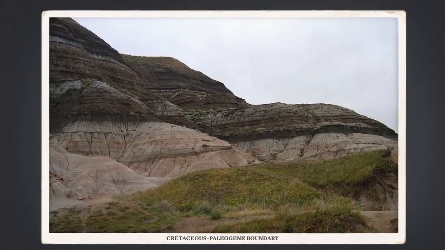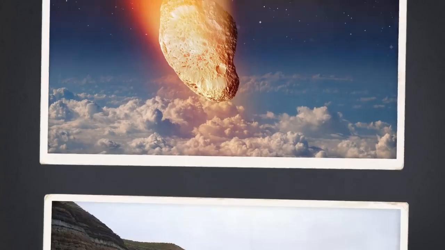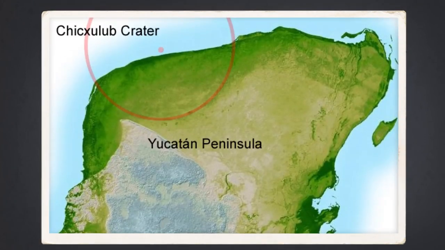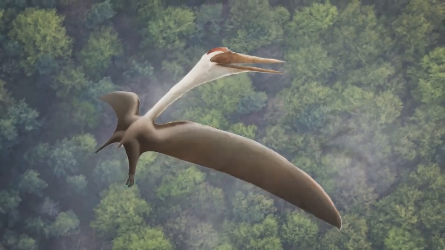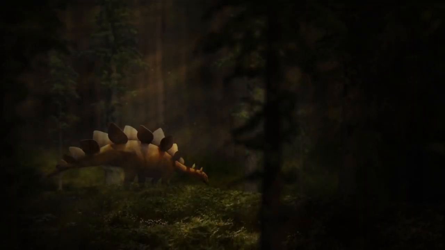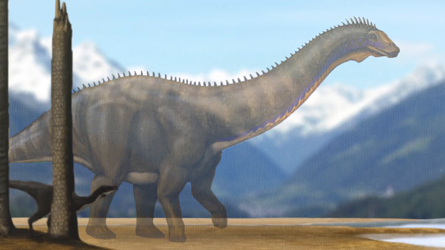Evidence of this impact can be found in a layer of iridium in rocks dating to the end of the Mesozoic. Iridium is an element that's rare on Earth, but very common in asteroids and comets. And a giant impact crater in the Gulf of Mexico, whose age matches the date of this extinction, has become the smoking gun for the asteroid hypothesis. The victims of the KPG extinction were some of the biggest reptiles of the land, sea, and sky, including all of what we now call the non-avian dinosaurs. Birds, of course, survived the cataclysm, making them the last surviving lineage of the dinosaurs.